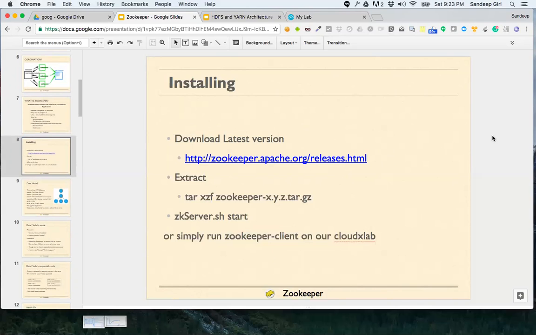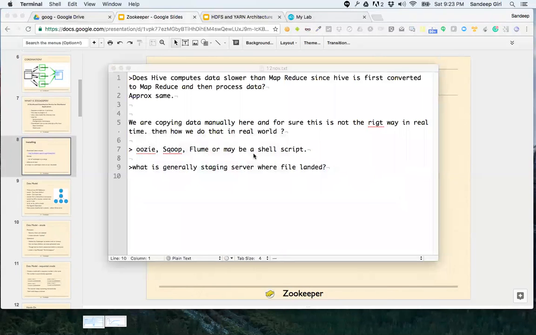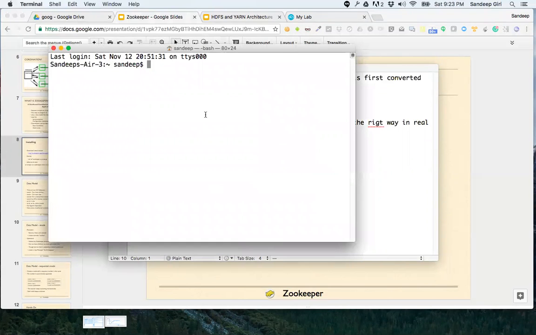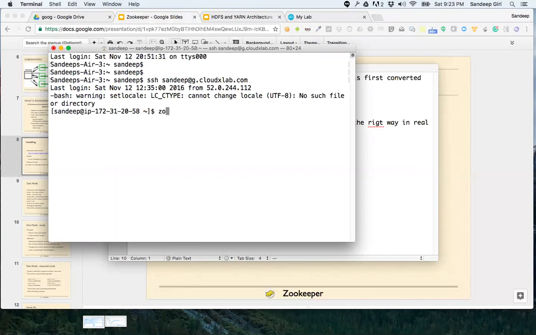Okay, so G seems to be fine. All right, let me see if somebody can, in the meantime, let me show you if I can. SSH Sandeep at g.cloudxlab.com. Okay, Zookeeper client.